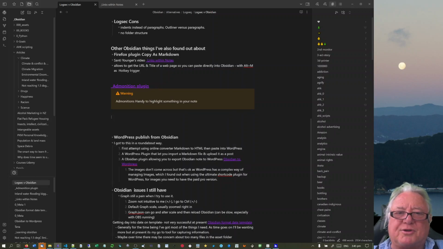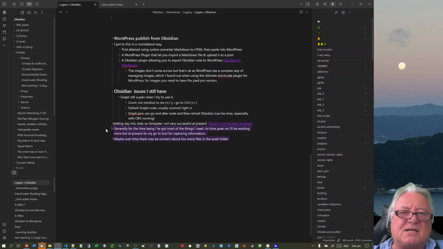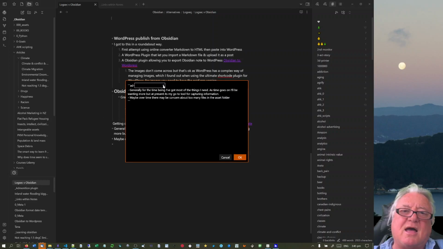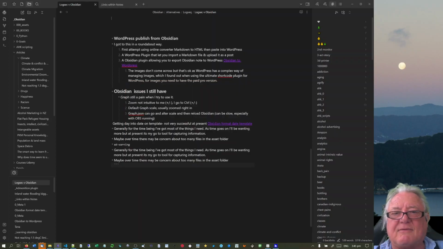So I then had another crack at this. If I want an admonition on something, let's just say I come down and it's these last two. Shift tab. Oh, they've gone back to bullet points. I can select this item here and copy. I'm just going to copy at this point just as a demo. Now I can go Alt H, which is my admonitions. I can choose whichever one I wanted, and I can use the warning one, and then I can go OK, and if I click out of there,